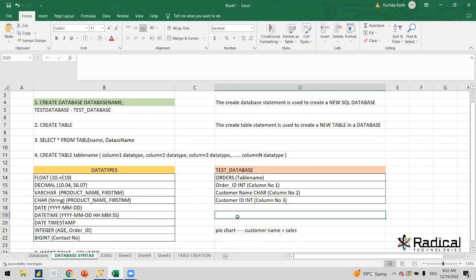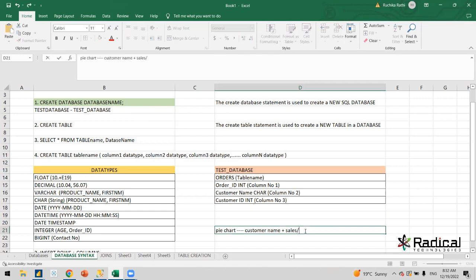पाई चार्ट में कस्टमर नेम एंड द सेल्स, और सेल्स बोलो या मे बी प्रॉफिट, वट एवर यू फील लाइक. What is the profit my company has earned? So ये आपने जब चार्ट दिखाया ना, चार्ट is ready. But if you want to go and check whether जो भी कस्टमर नेम्स जो मुझे डेटाबेस में आए हैं क्लाइंट के साइड से, 10 कस्टमर्स आए फॉर एग्जांपल, 10 के 10 कस्टमर्स के नेम करेक्ट दिख रहे हैं और 10 के 10 कस्टमर्स का जो टोटल सेल है, टोटल अर्निंग्स, फॉर एग्जांपल 10 लोगों का मिलके जो सेल्स मैंने किया है, आई हैव अर्न 1 लाख रुपीज।